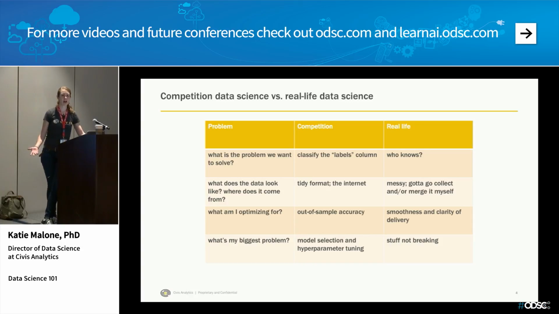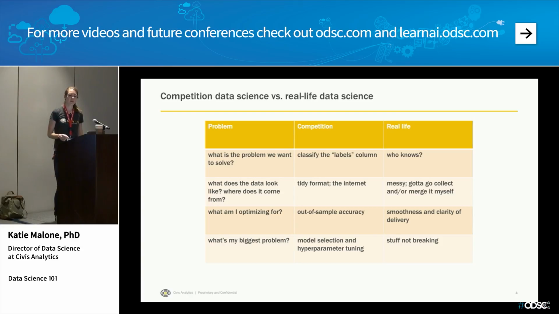And so for something like a competition, this might be something like the out-of-sample accuracy. We'll talk a little bit about what that means. But it's just saying there's a fairly simple metric. How many predictions did I get right, and how many did I get wrong? And just the ratio between those is the accuracy. It's fairly well defined. And I will sometimes go to very far lengths to get extra little 1% boosts